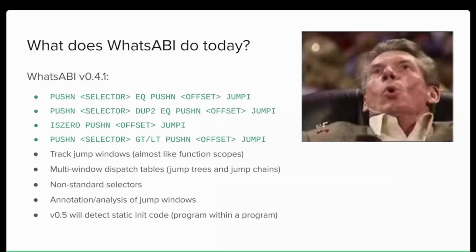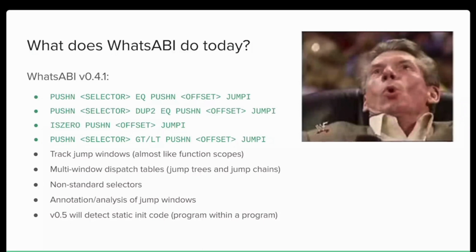So what does ABI do? We kind of generalized a lot of these. We don't look at push 4s or push 3s or push 2s. We just look at all the different pushes. We work somewhat agnostically to the stack. So we have all these different variations. We deal with a 0. We deal with jump trees. We try to track jump windows, which is kind of tricky. So a jump window is kind of like a